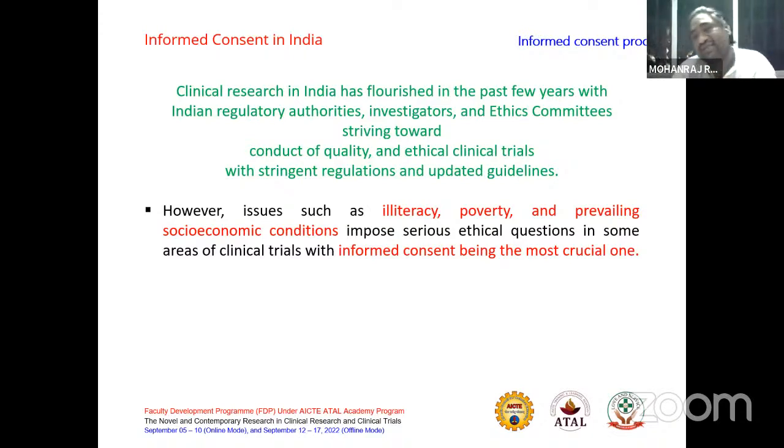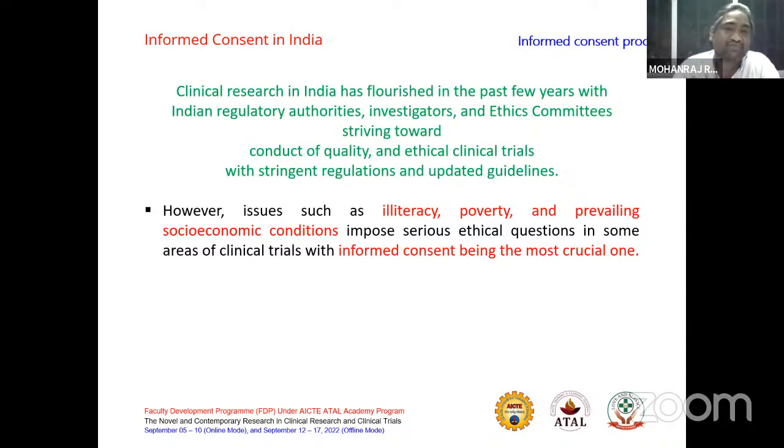So regarding informed consent in India, the main challenge, as we have discussed, is the large population with poverty, illiteracy, and low socioeconomic condition. These three are also considered a cornerstone of the deficit in informed consent standardization in India, which is also clubbed together with patient limitation, informed consent document limitation, and the research